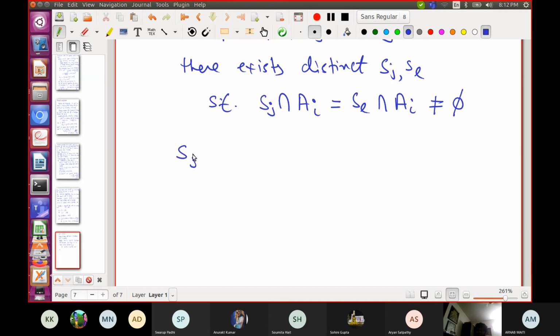It has at least one element in common, which is the one they pick from Ai. So the intersection with Ai is not empty.